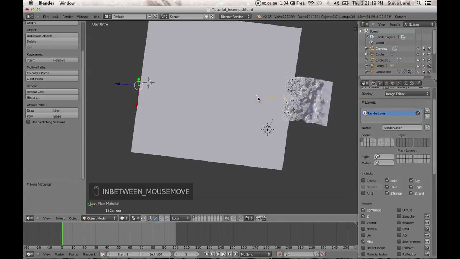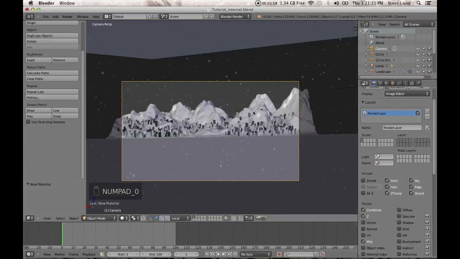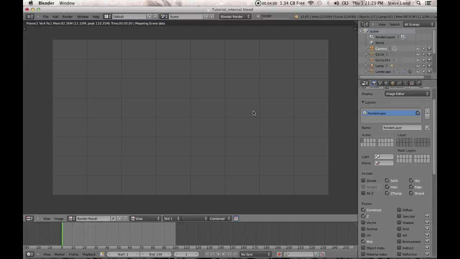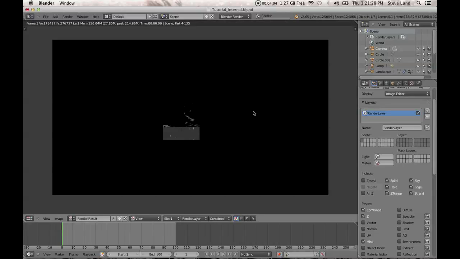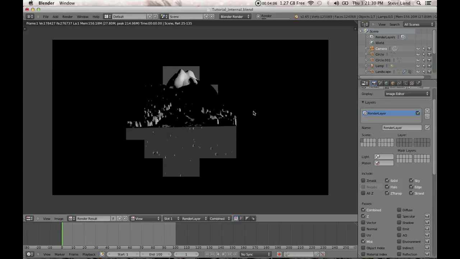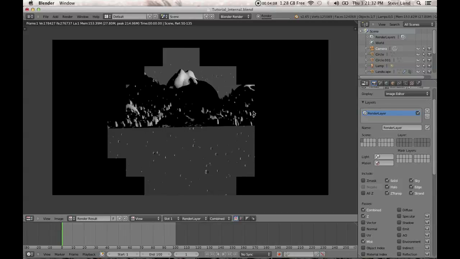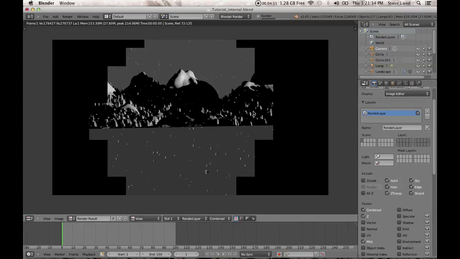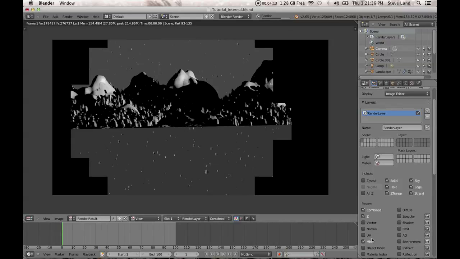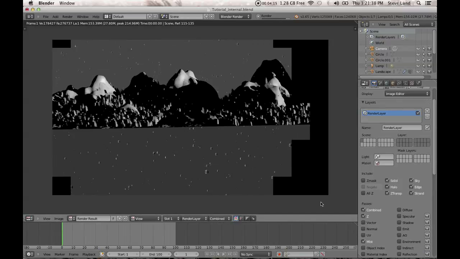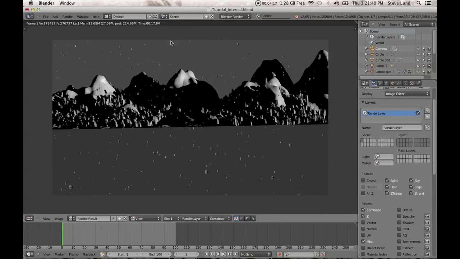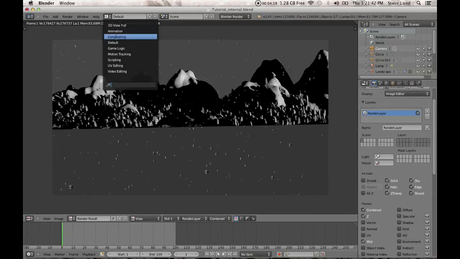Okay, so now under Blender Internal, you just want to render your scene once. So hit render and let this render out your scene real quick. You'll see it looks absolutely horrible, but that's okay because we're just using the mist pass. So let that go. Alright, now jump to the compositor